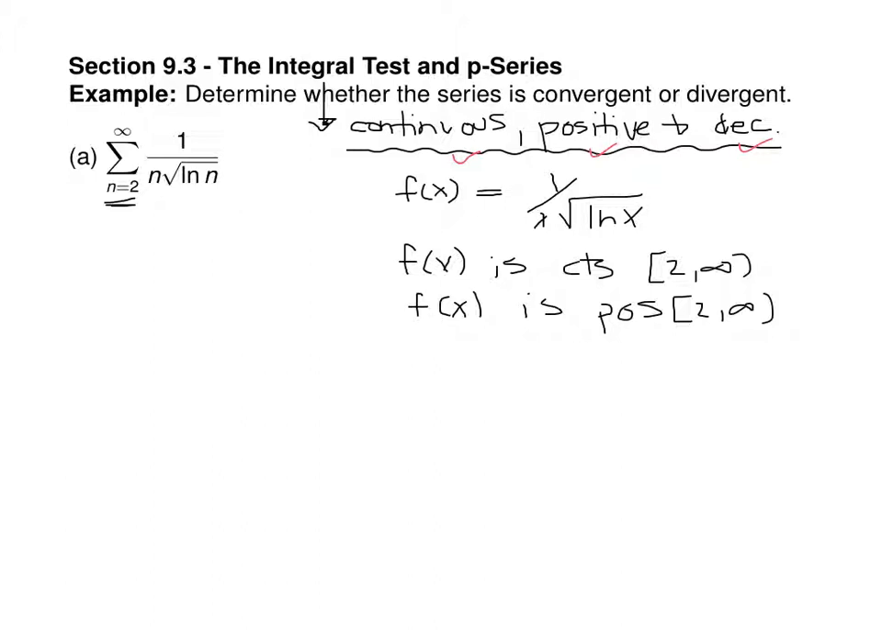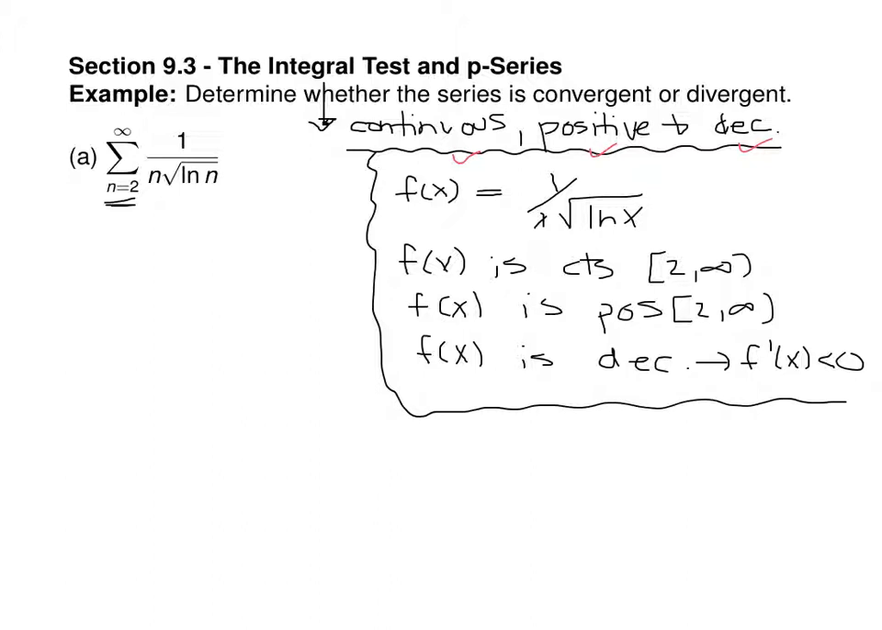And actually, decreasing is pretty obvious here because both ln and x are increasing functions. So if you increase the denominator, you decrease the value of 1 over x times root ln x. So f of x is also decreasing. If it's not an obvious example, you'll have to use a derivative and show that the derivative is less than 0, which implies the function is decreasing. So when you apply the integral test, just tell me what you're doing. So apply